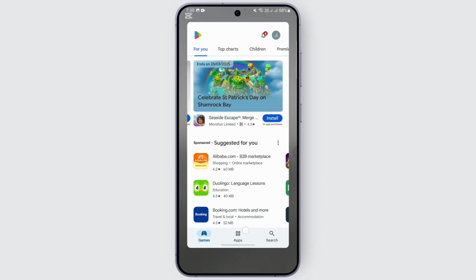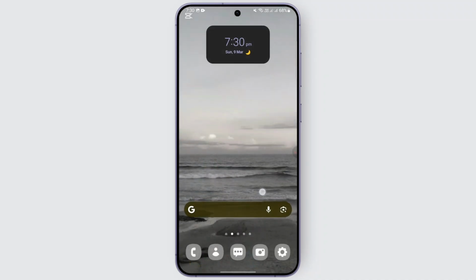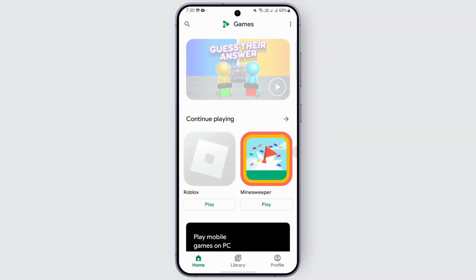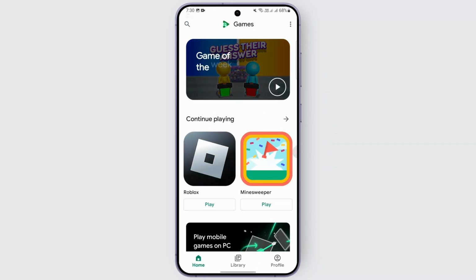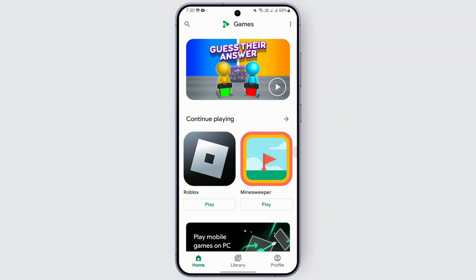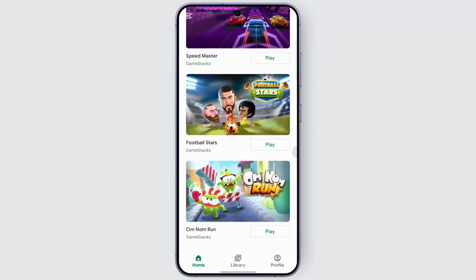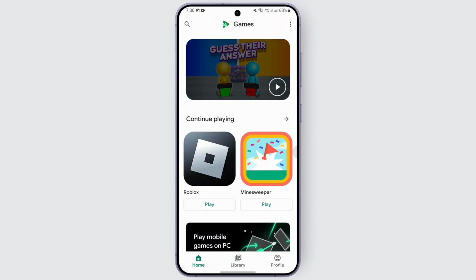Once you do that, you can go ahead and close your Google Play Store app and open this application called Play Games. And once you open it up, you should be finding this interface on your screen. So make sure you are logged in with the same account that you use in your Google Play, same Google account. Once you've done that, you can head over to the top three dots at the right and open up